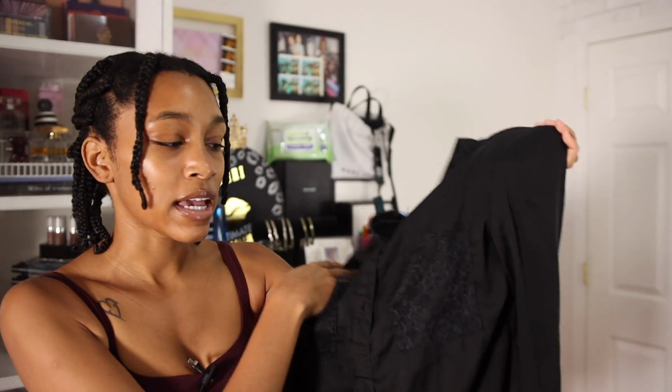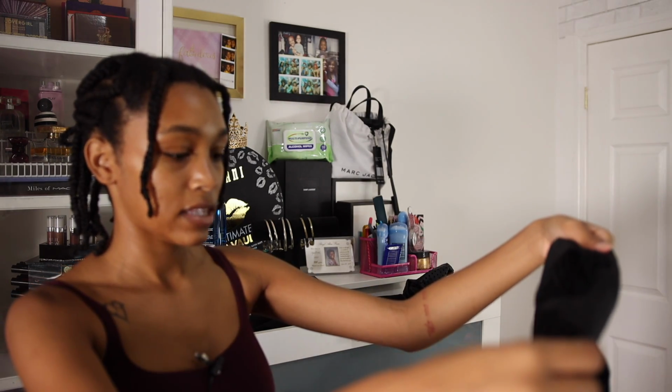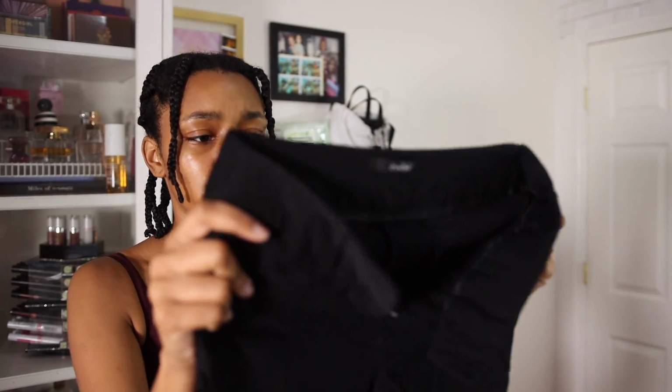I like this shirt, I do, but I don't ever dress up, and so I just kind of feel like this is not needed. I'm definitely getting rid of that dress. Oh yeah, see, I have a bunch of these black capri slack pants situations because I actually used to work at Victoria's Secret too, and you have to wear all black there, but you have to be a little bit more dressy, and honestly